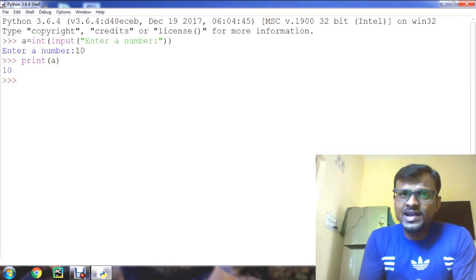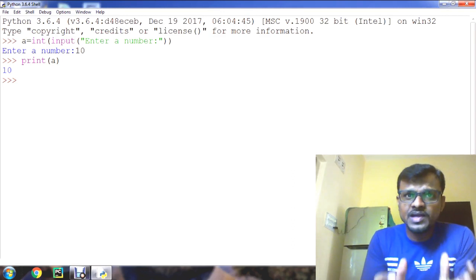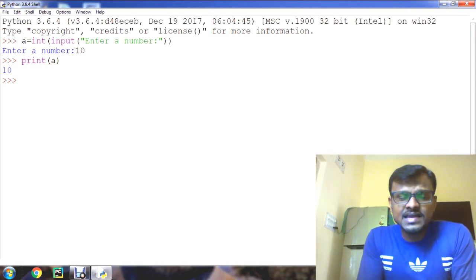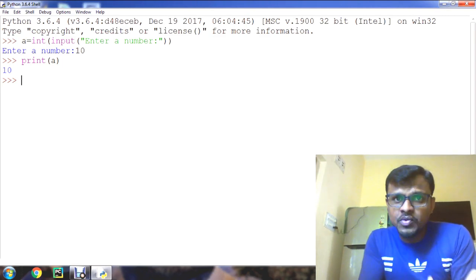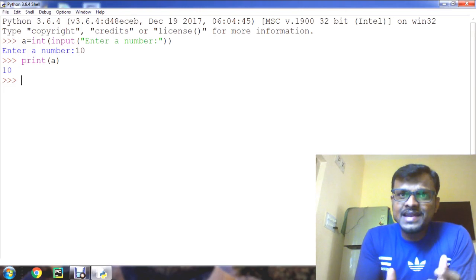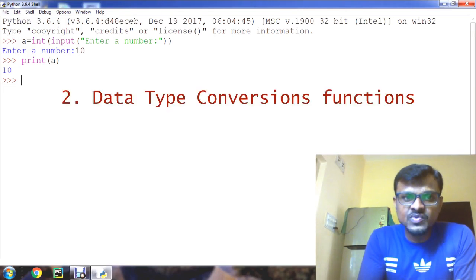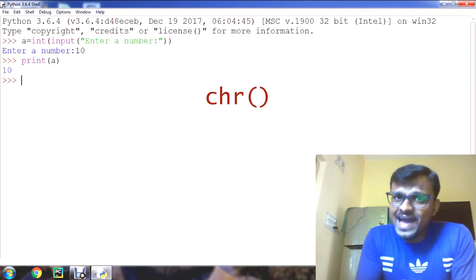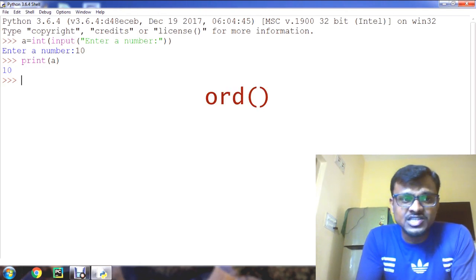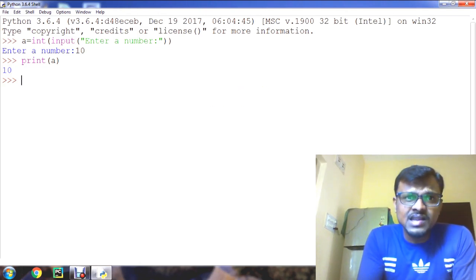Okay, well guys, now let us see how we can categorize some of the frequently used built-in functions in Python. One category is input and output, that is the input function and the print function. The second category is data type conversions. We have already discussed those, like the bool function, chr function, dict function, float, int function, list function, ord function, set function. These are all the data type conversion built-in functions.